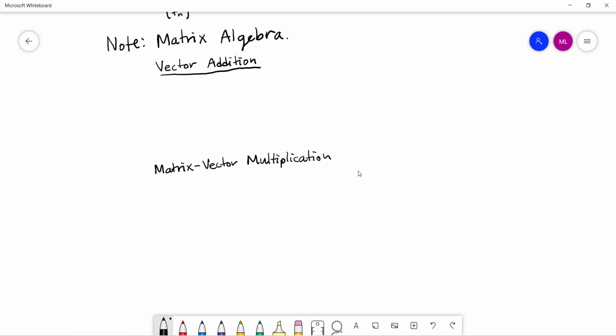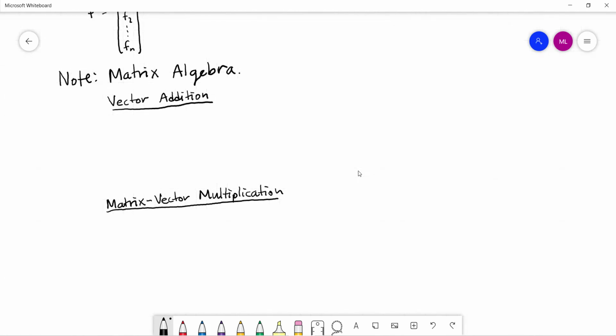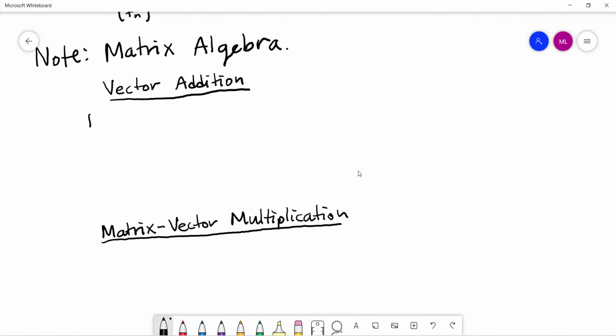So let me just do a quick side lesson on how these two things work. I think both of them are straightforward enough that we can learn by just doing an example. Imagine I have two vectors. Maybe it's a vector we're calling x plus some other vector that we're calling y, and we want to know